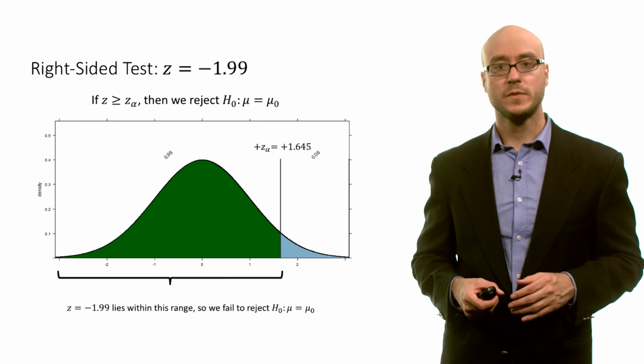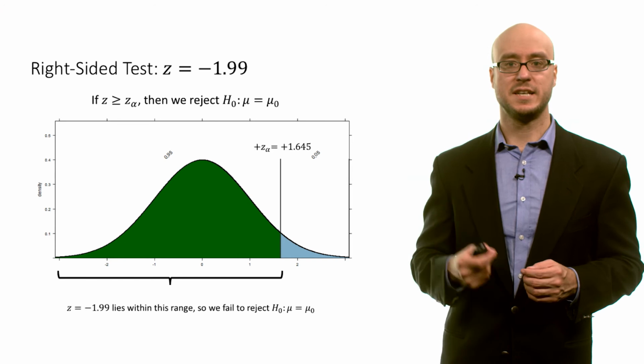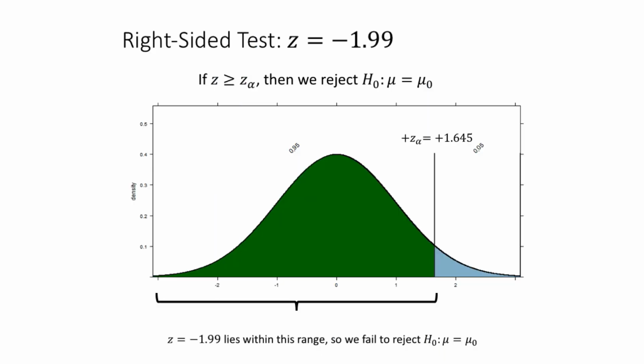naught. For a right-sided test with a z-test statistic of negative 1.99, you can see that the z-test statistic is not within the rejection region. Under the construction of this hypothesis, it's likely that we would have obtained this z-test statistic, because our alternative is simply that the population mean is greater than the claimed value of the null